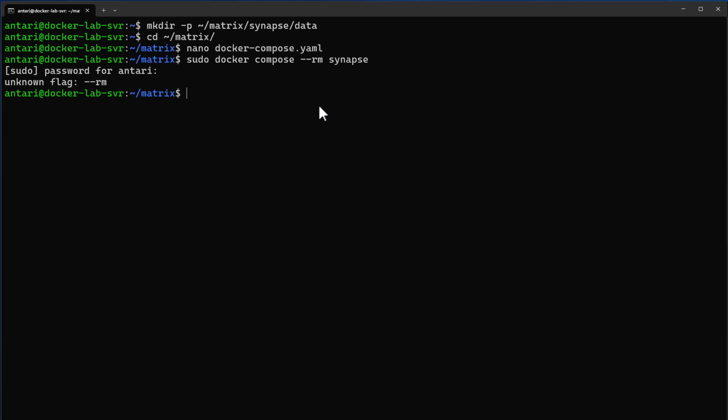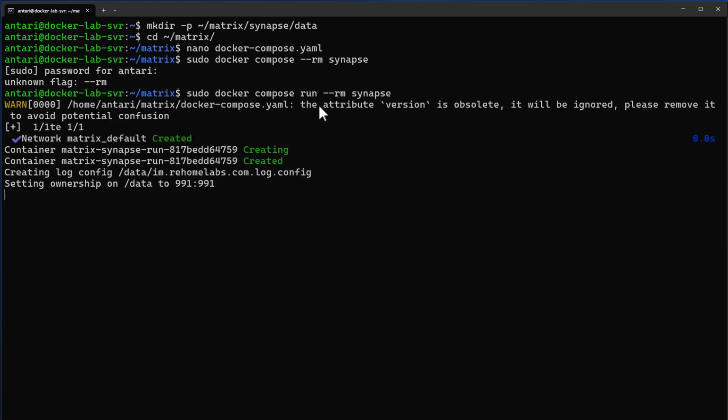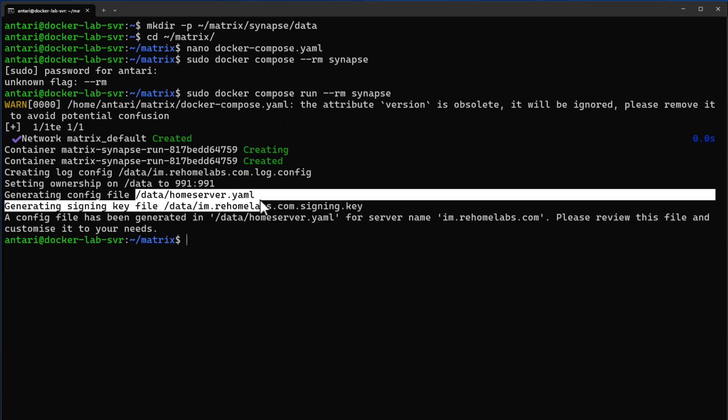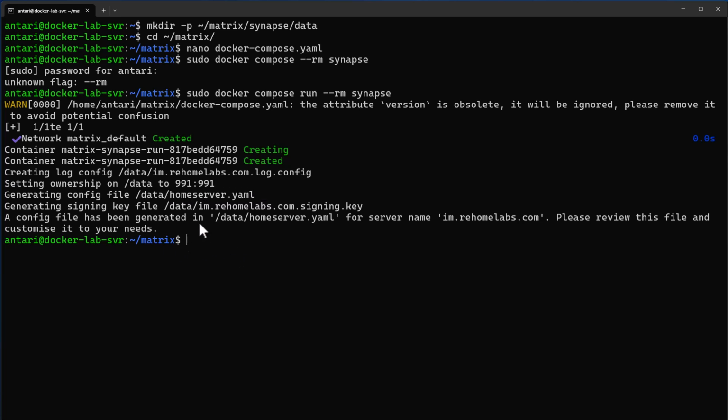Oh, forgot a command. So it'll go through its paces and create some files and generate that config. After it's done, it tells you exactly where it places it, which is in the data/homeserver. So if we go to edit that file